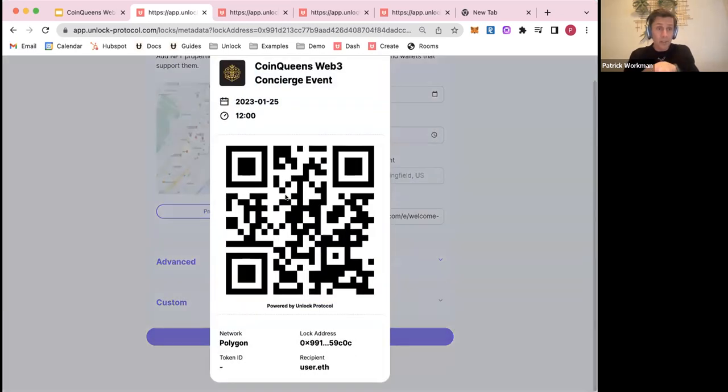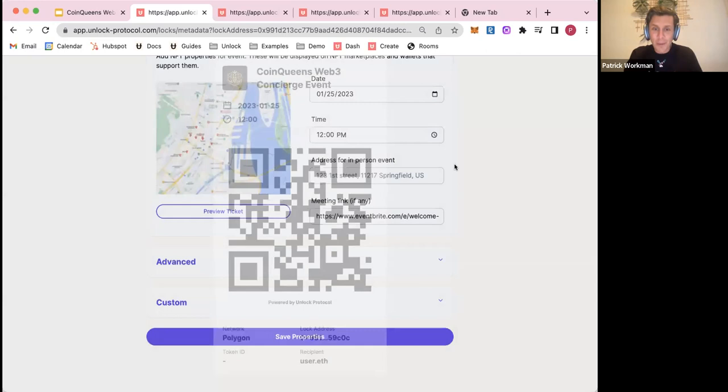If you wanted to, you could scan this with your phone right now, and you would see that it would just be a checkout experience. But you're going to be receiving one of these in a second too. So you can also scan your code and get it in your email.